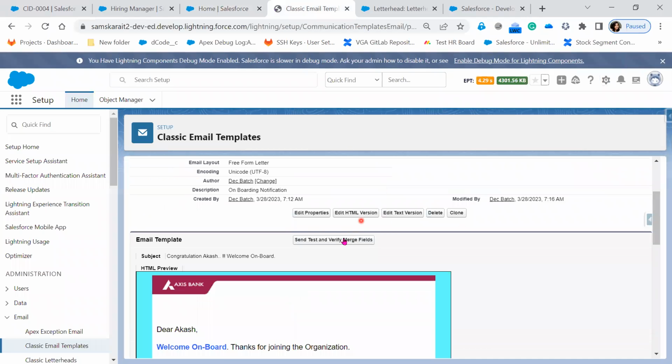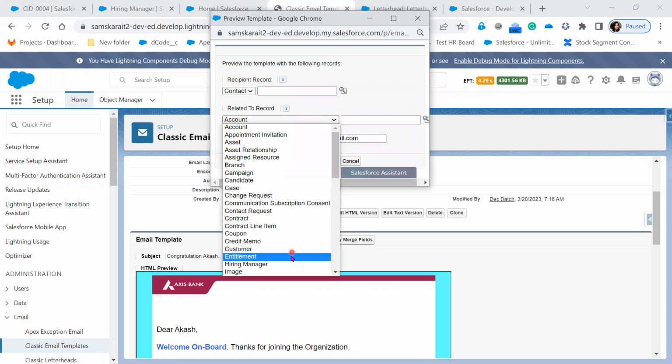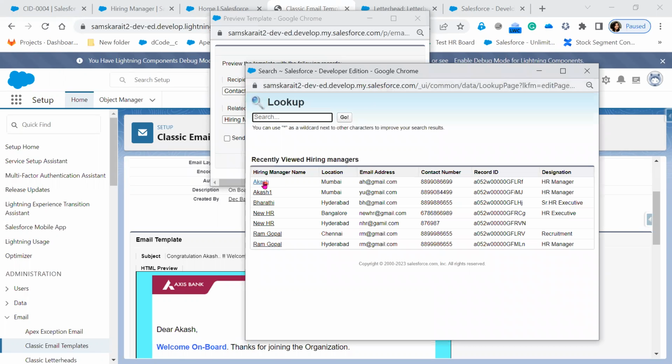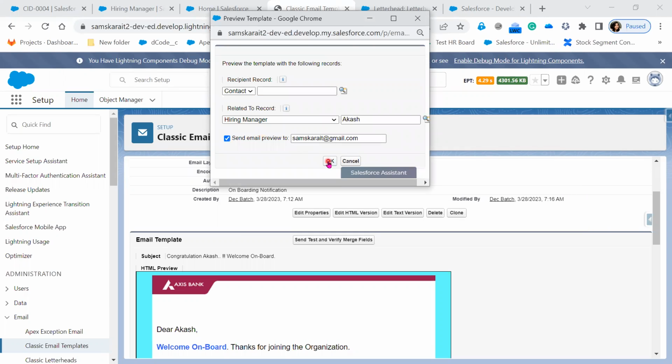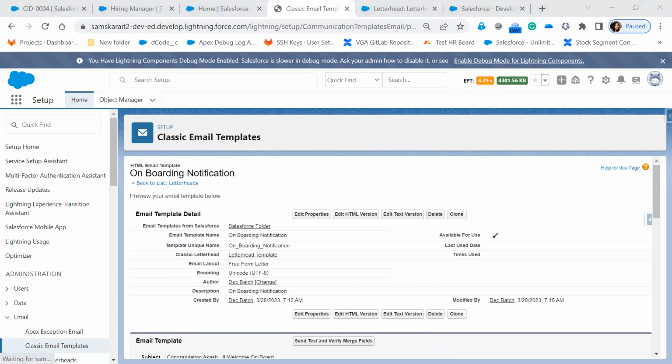Now, if you observe, I'm clicking on the send again button. So I'll select the hiring manager here, and let me select this. Now, whenever you observe this, there is an email that goes out. Whenever the email is going out, if it is a normal Gmail account, that should be perfectly fine. But if it is a company's account,